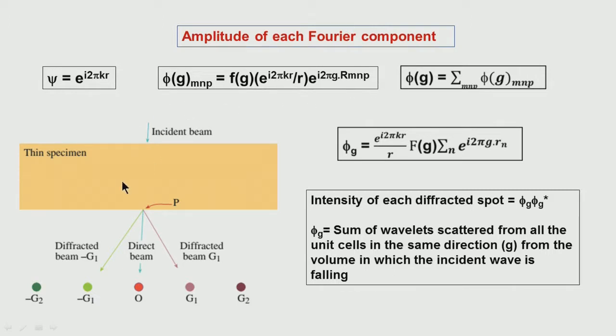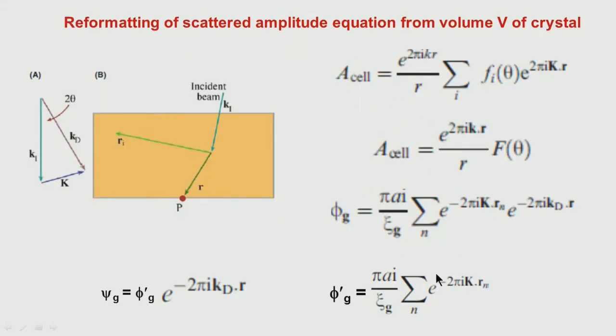The incident beam is illuminating some volume of the sample. If we take the contribution from all the atoms together, psi m and p, this is going to give the amplitude of each of these spots. What is essentially important here is that this factor changes depending upon the direction in which the atomic scattering is taking place, correct. This can be rewritten in a different form, where we introduce the term psi g, the extinction distance, which we will forget for a moment.